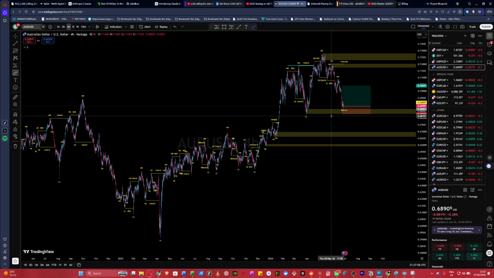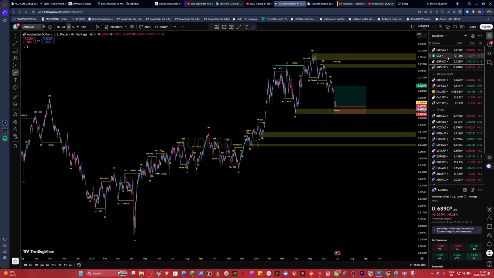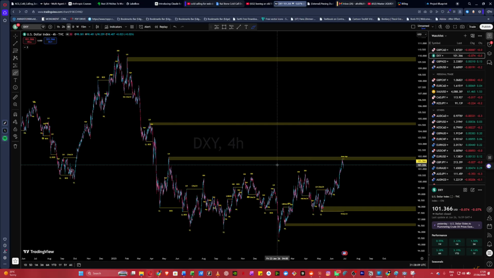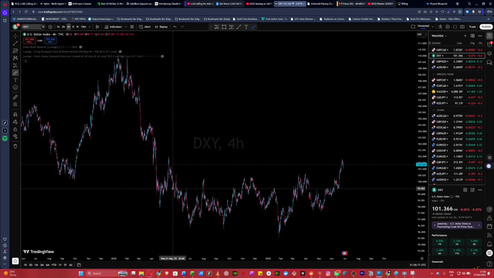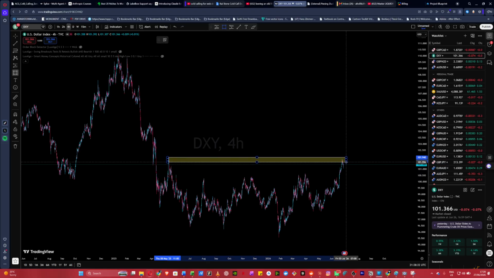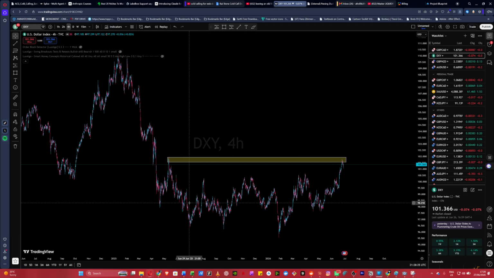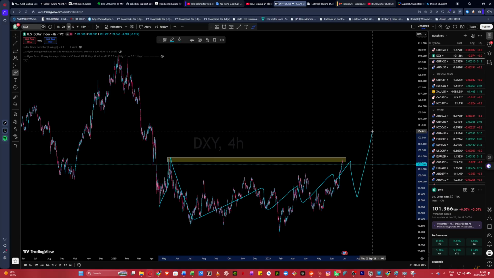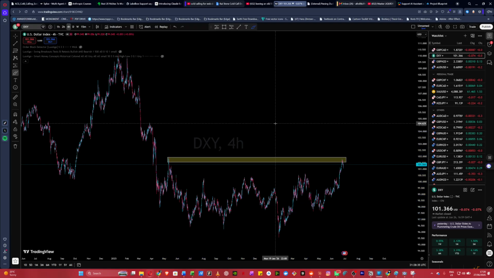Odd, I say odd, Australian dollar, right? So I checked for anything USD, check DXY first, right? So DXY, yeah. The only reason why I use these indicators, right, is so that I can easily spot these areas. I may not have spotted this myself. I mean, okay, I feel like I would have. Yes, I would. Yes, I would. Because of shoulder accumulation tests, and then maybe, nobody knows. But yeah, so that's DXY.